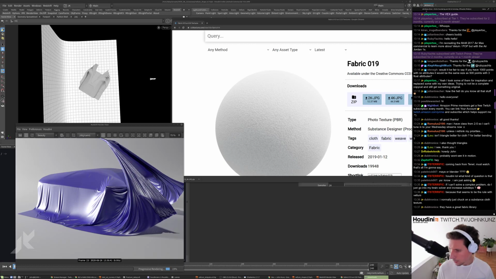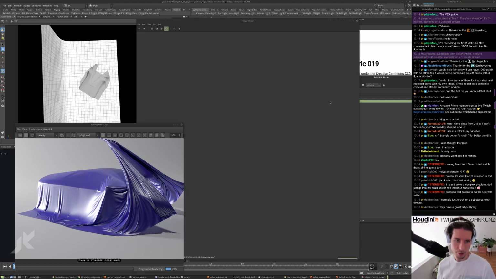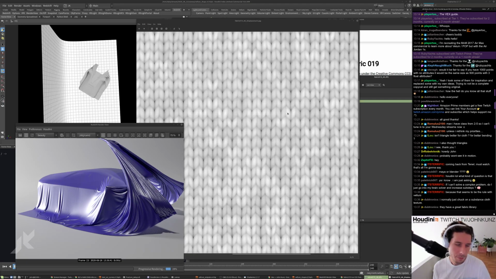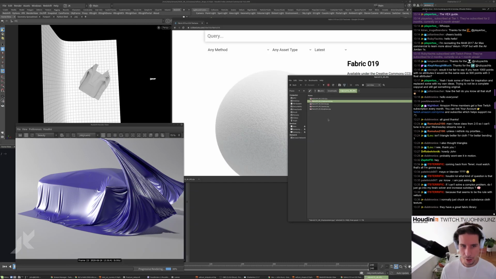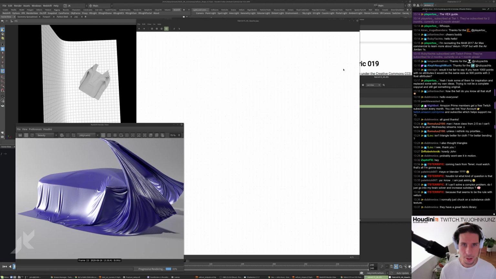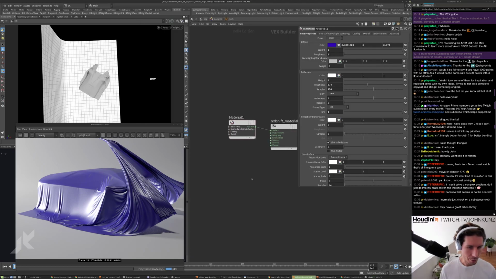I'll just extract. So we have color, displacement, normal, opacity, roughness. The displacement, probably just use it as a bump for now. This is a super high resolution mesh. If you actually try to do physical displacement, it might be somewhat slow. This cloth doesn't have it. It looks like it actually does have some opacity, a little bit of breathability. But yeah, we could